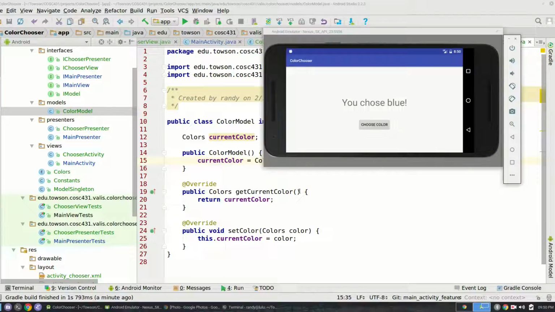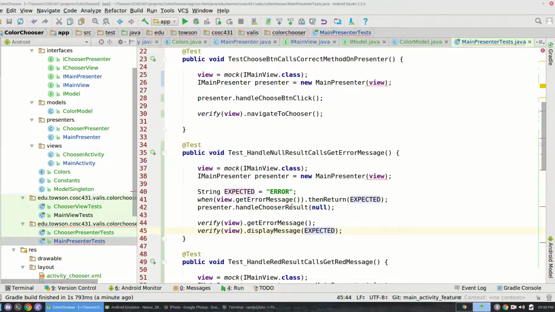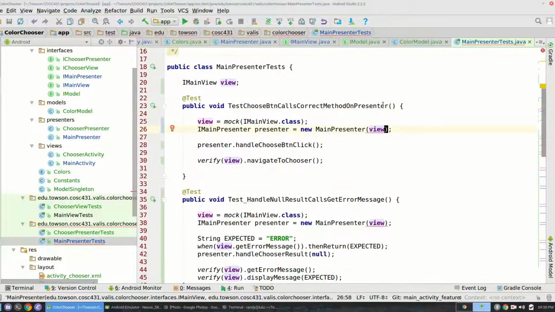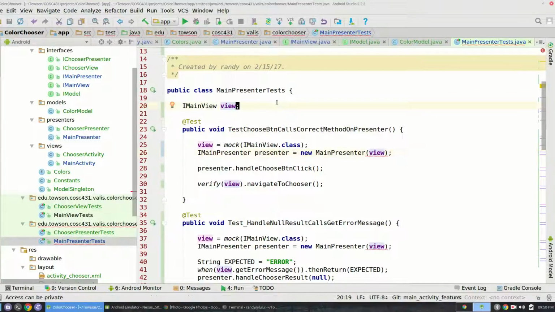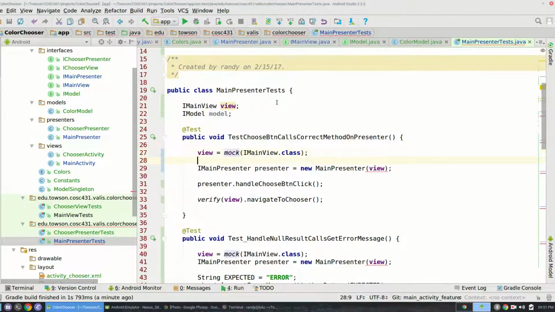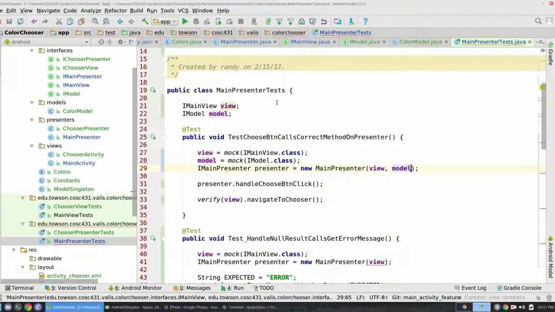Okay, so hopefully this was helpful. So the last thing I want to do is I gotta make sure that I update my tests too, right? I added some new parameters. So I'm gonna add my model, and I'm gonna mock that. And I'm not gonna bother making tests for the model yet, because I want to push this to GitHub or Bitbucket,